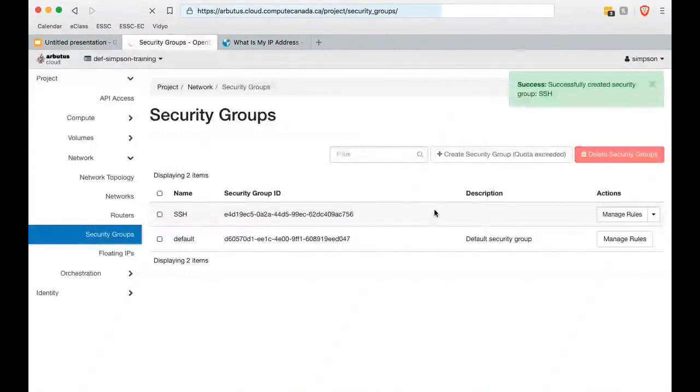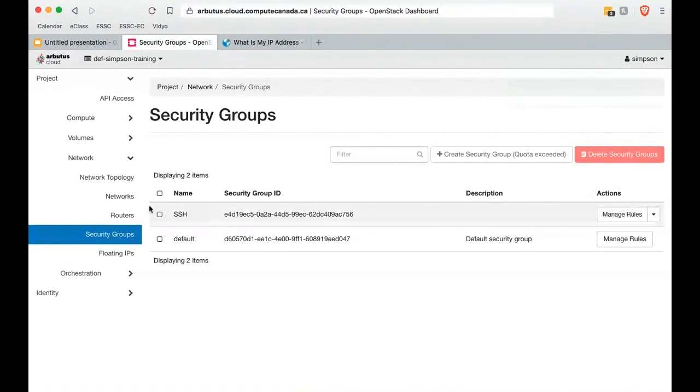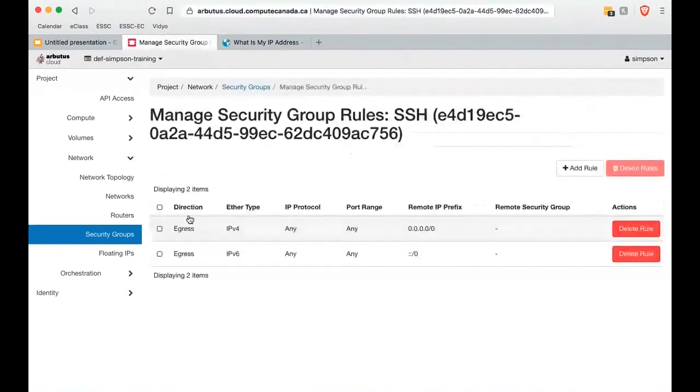Then once we're in here, so it's created it, but the exact rules that this group has in terms of what it's going to open and so on and so forth, that has not been done. So just because we called it SSH doesn't mean that that's what it's doing. We need to come over here under Actions and choose Manage Rules. And so here's just a standard set of rules that are going to be applied. We won't go through what they are. They're not going to matter for you creating your first VM. If you're interested in that, one of our experts can walk you through some of the security pieces in the network that's going on there.